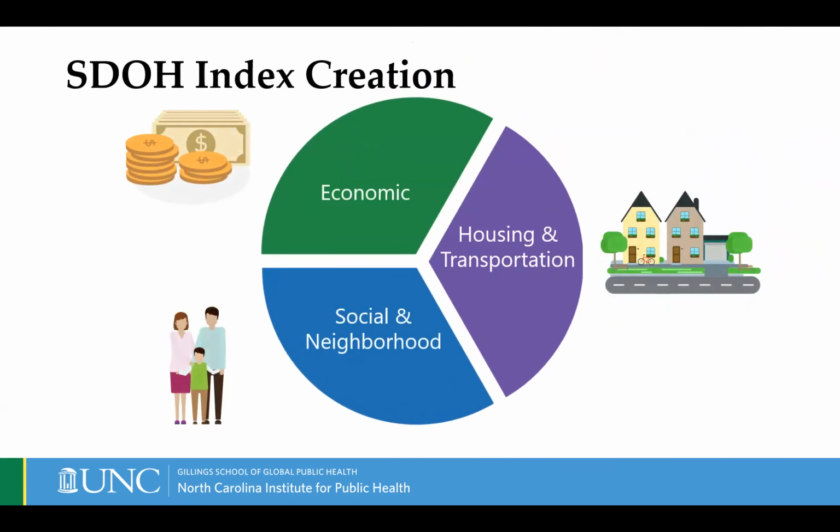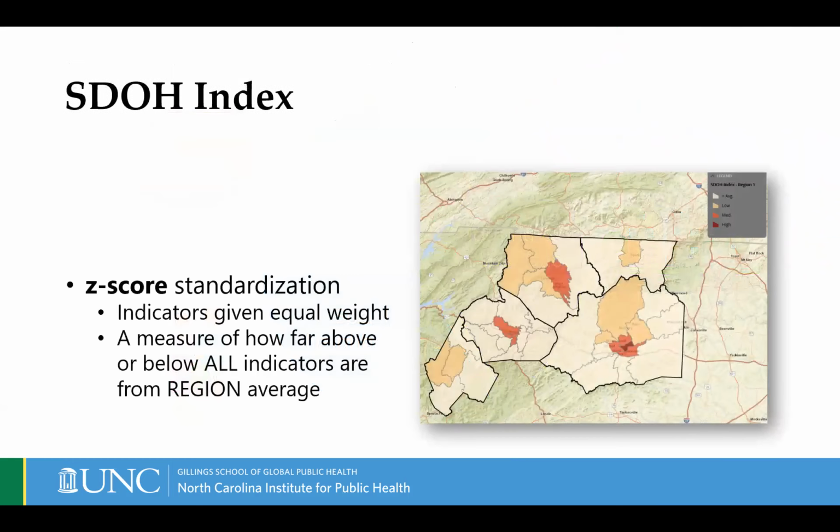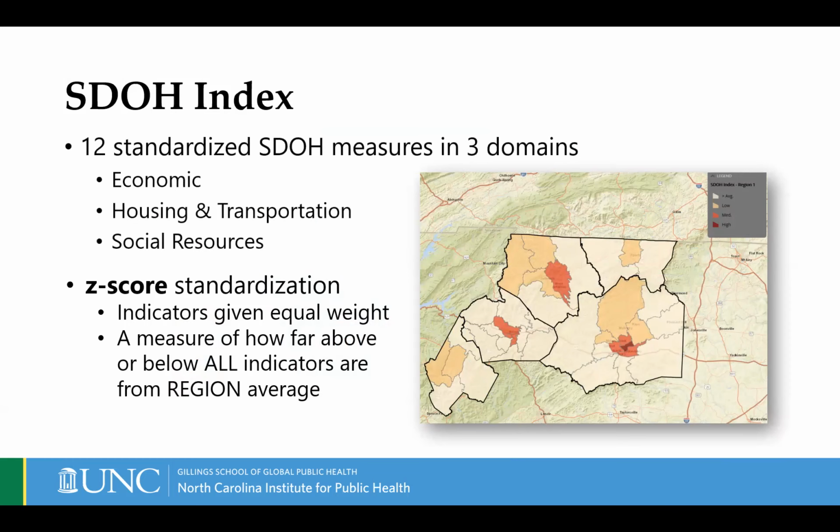So those are the 12 indicators that make up the Social Determinant of Health Index in each of their 3 domains. All 12 indicators were standardized using a z-score in each of the 3 domains, giving the indicators an equal weight in the final index value. The Social Determinant of Health Index is therefore a measure of how far above or below all 12 indicators are